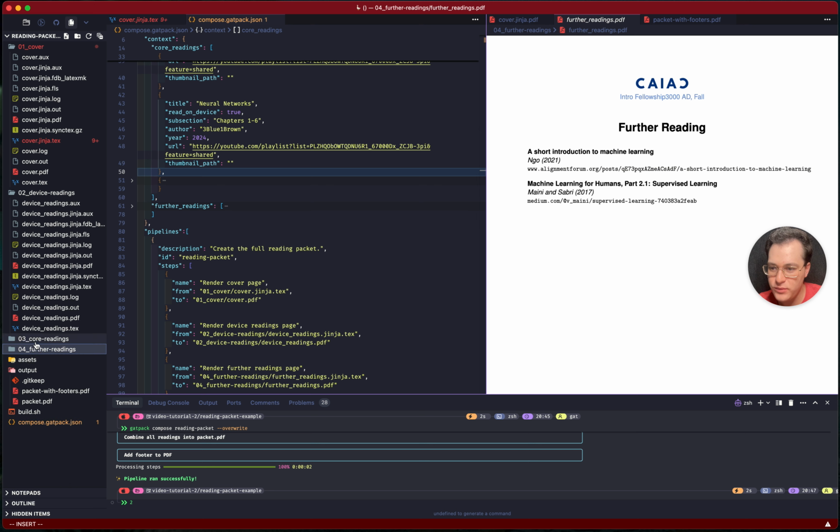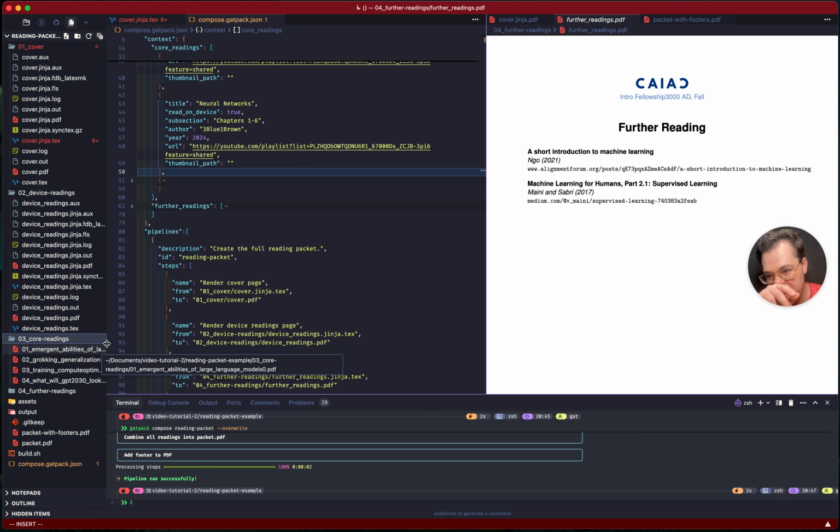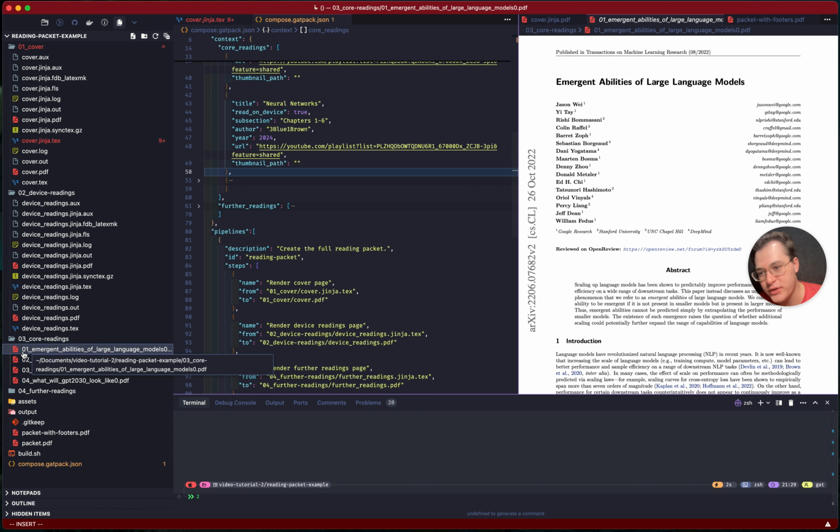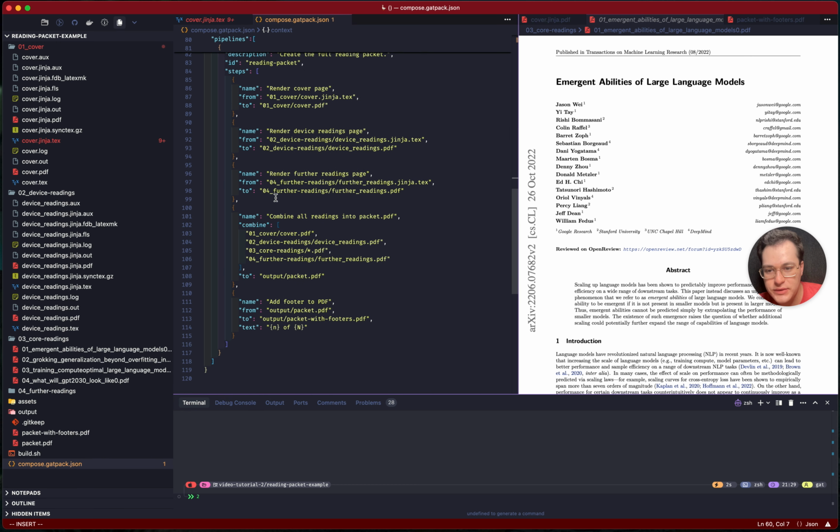The interesting one would probably be the core readings, though. That's kind of the meat of the packet. So within core readings, you'll see I have them labeled with 01, 02, 03, 04. The reason for that is within the pipeline, where I have combine all readings into packet.pdf, this third entry here, where I have the core readings star.pdf, it will select all of the PDFs within this file alphabetically and then